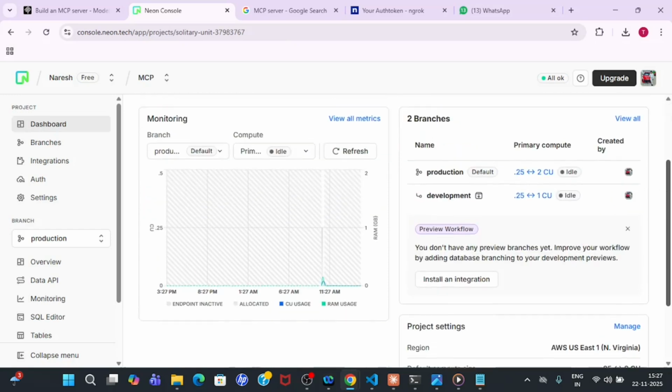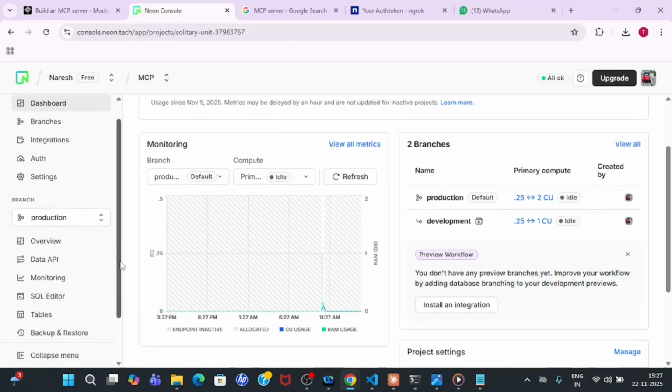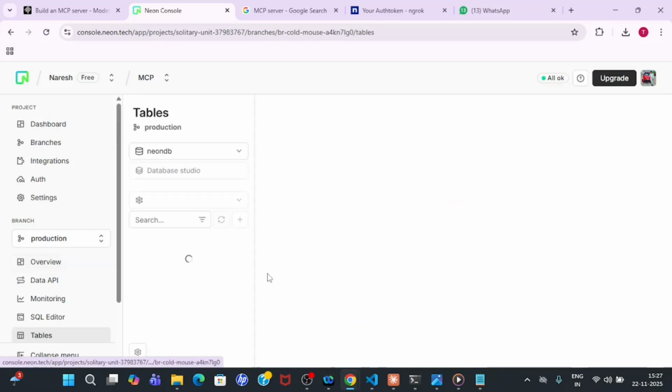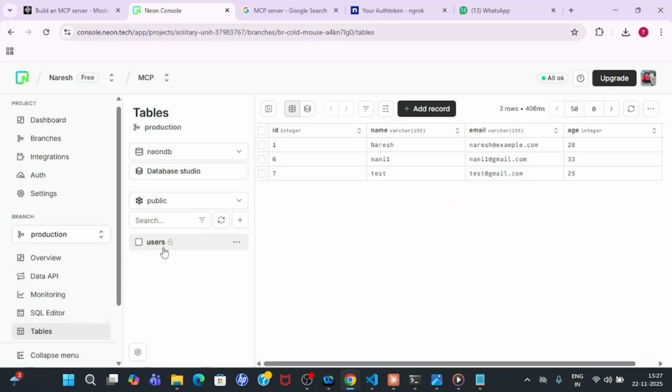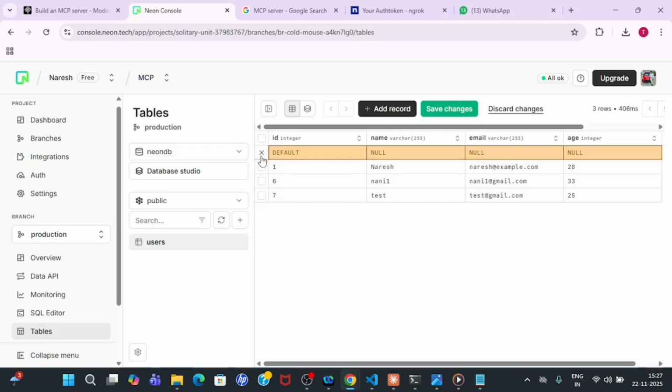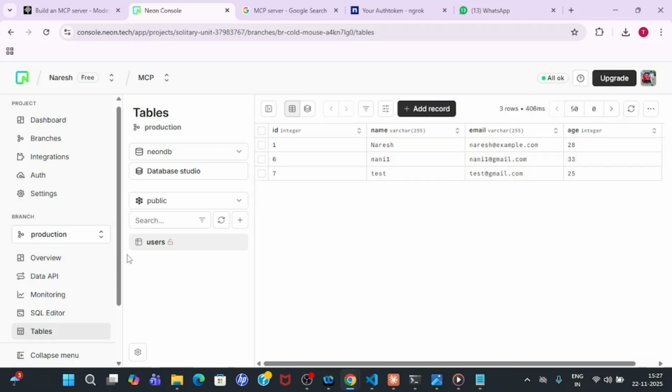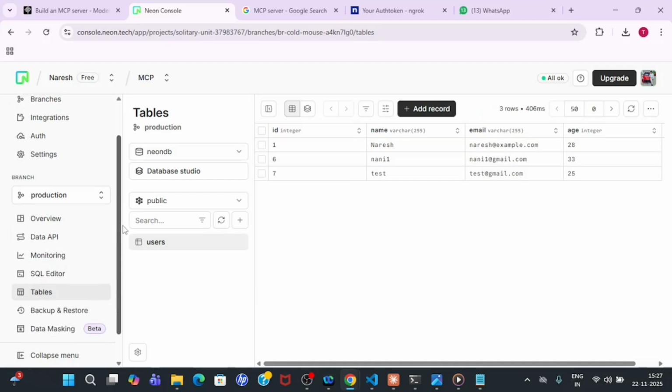After that, you can create whatever tables you want inside the tables section. Currently, if you see, I have created one table called users. In my users table, currently 3 users exist. User ID 1 is Naresh, user ID 6 is Nani, and user ID 7 is test. So this is a simple plain PostgreSQL setup. In case you want to add a record, you can click here, add record. It will give you the options. You can add it. In case you want to create a new table, you can also create a new table